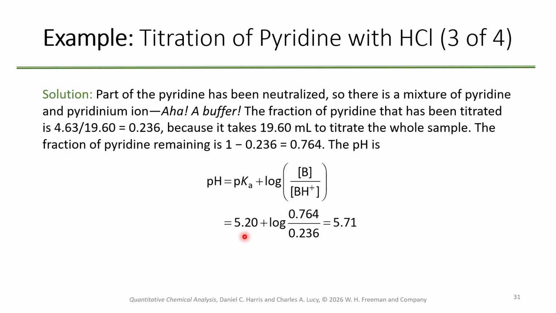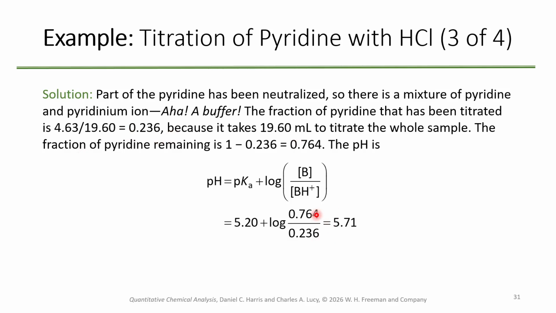So we take our pKa, that's 5.20. We take the 4.63 divided by the 19.6, and that's going to be 0.236. That's going to be the number on the bottom, which is the acid form, because remember, we're titrating with the acid. And that's the amount of acid we made. Okay? So we go ahead and take that difference out of 1,